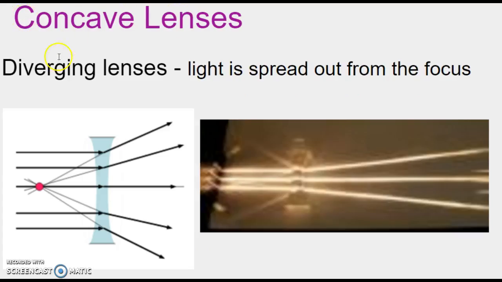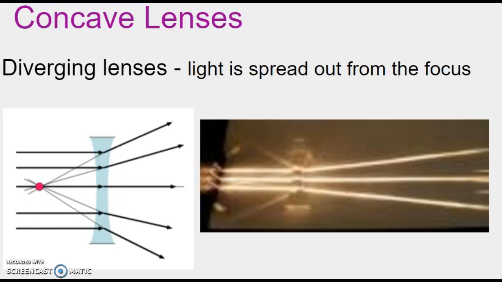So concave lenses, where we see diverging light, sometimes they're called diverging lenses. Light is spread out from the focus. So notice, here's my concave lens. Here's the light. It's going to travel through here. It's going to refract. It's going to bend away. The focal point here, if we trace this back, would be somewhere in here. You can essentially just rewind all these points, and where they all intersect is the focus, or the focal point